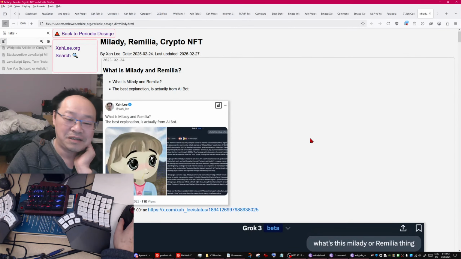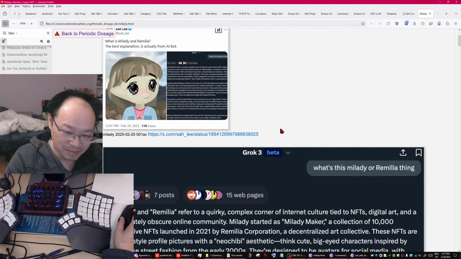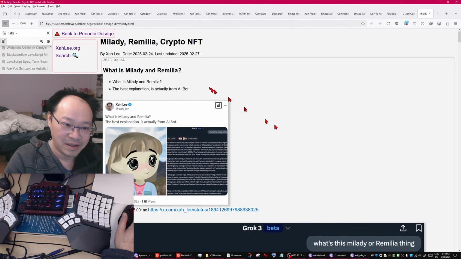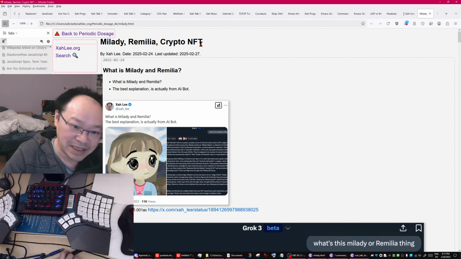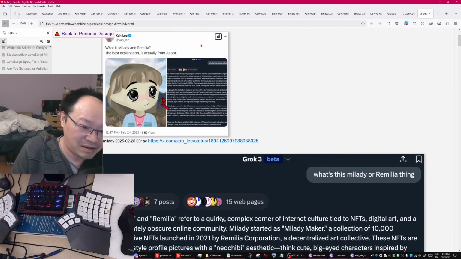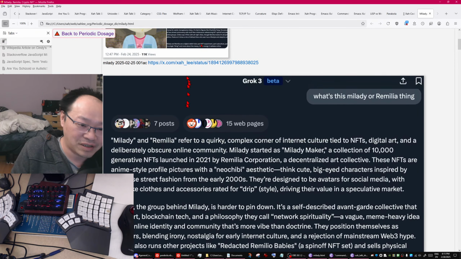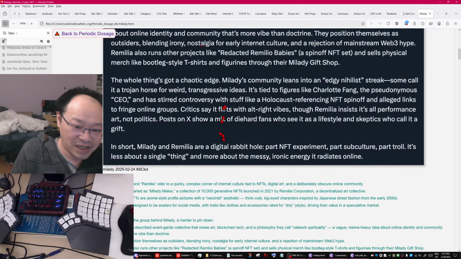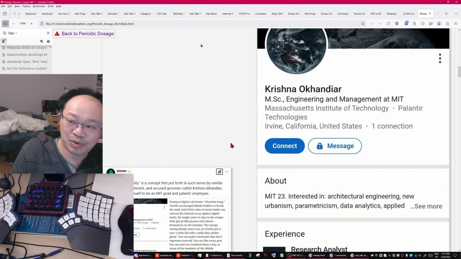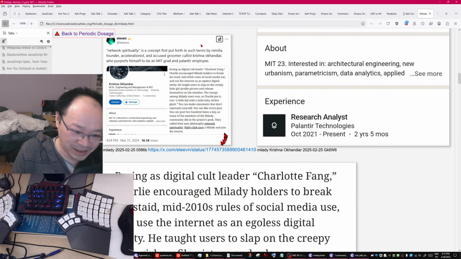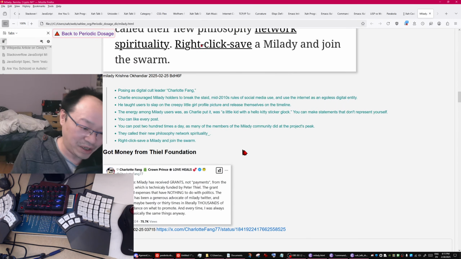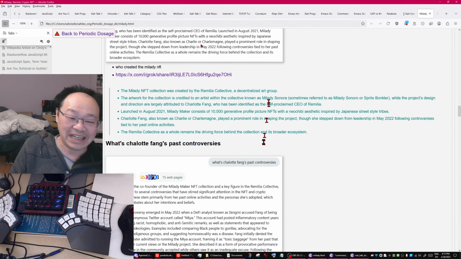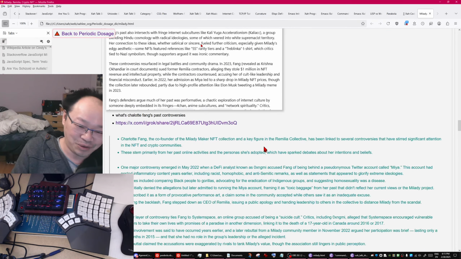Okay, so Milady is kind of mysterious. You might read my article, but Milady, Remilia, Crypto, NFT, that's big scamming stuff, okay? So you will see lots of these profile pictures that look like that. So what are they? I explain. They are basically the cryptocurrency of the Zoomers. They are trying to make money. I want to be rich instantaneously. That's what these people are trying to do.